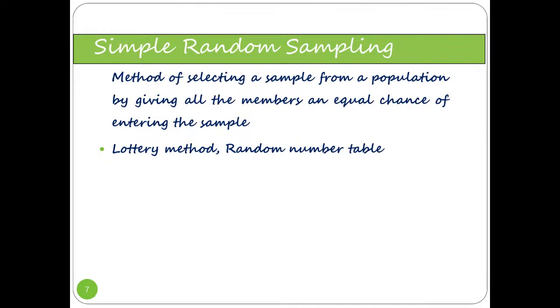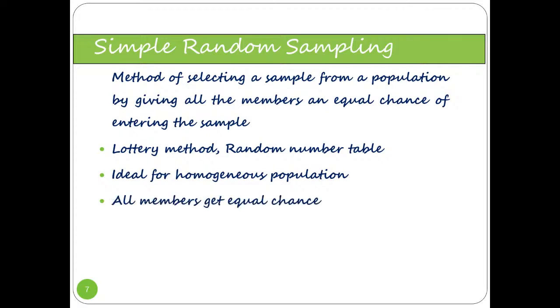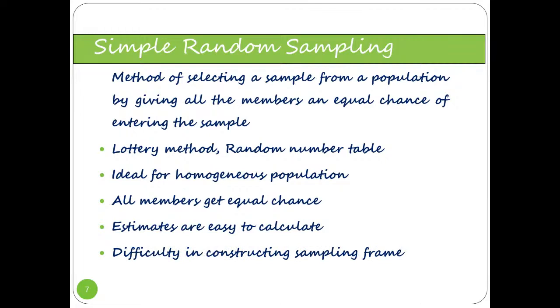Method of selecting a random sample from a population by giving all the members an equal chance. Okay, that is done. Ideal for a homogeneous population, all members get an equal chance. Estimates are easy to calculate. Difficult in constructing a sampling frame. Okay, so to simplify this,